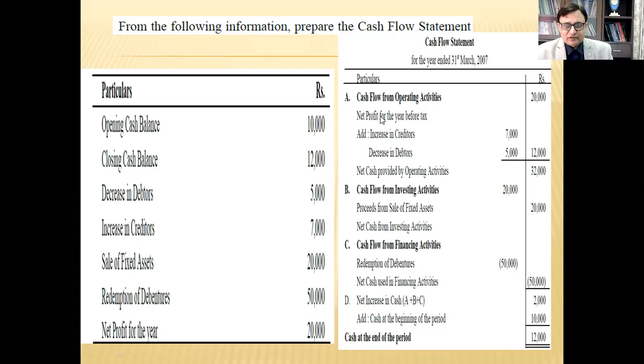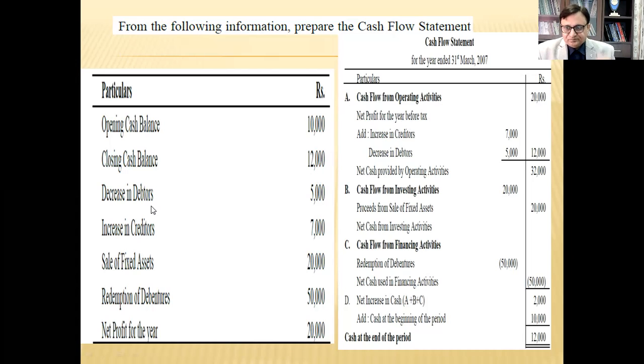So we'll be starting from the net profit of the year, which is 20,000. Now in this net profit, we will make certain adjustments regarding non-cash items, but they are not given here. Here we are given only two figures, in the format of decrease in debtors or increase in debtors. So if there is an increase in